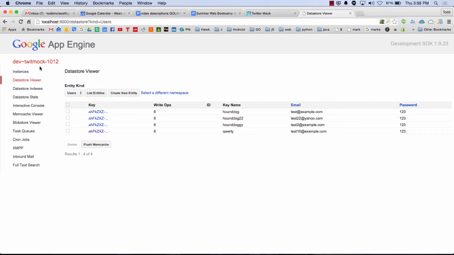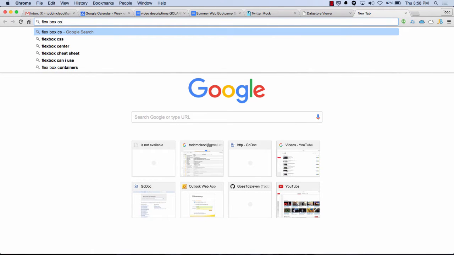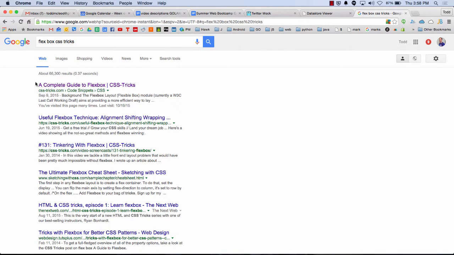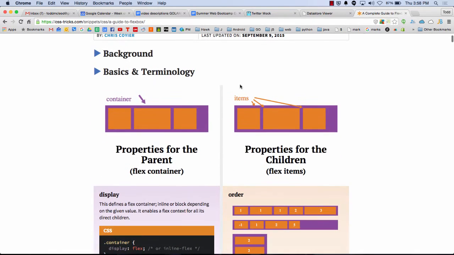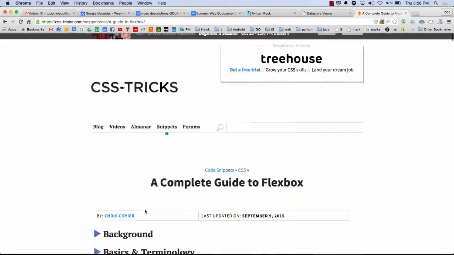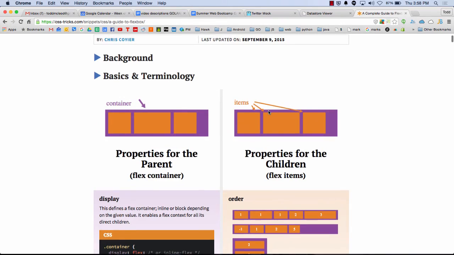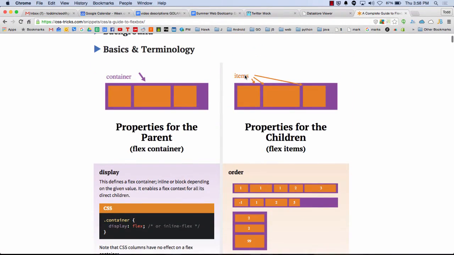And if you want to get your hands dirty with Flexbox before then, look at CSS Tricks, complete guide to Flexbox. The thing you have to remember about Flexbox is basically this is applied to the containers, everything on this side, right? When you're reading, everything over here on the left. And this is all you need to understand Flexbox right here. Everything over here on the right is applied to items, right? You can see this is for items. Flex items is for flex container.